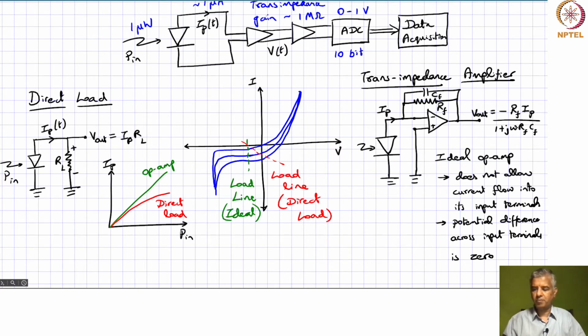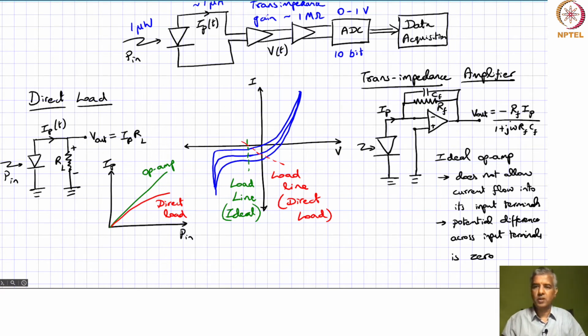Omega is 2 pi f. If f is much less than 1 over RF CF, then this entire component will be very small, so